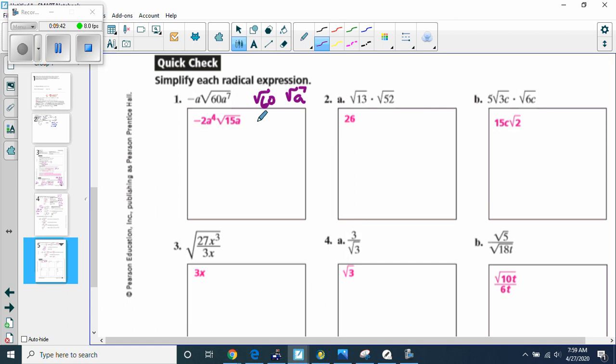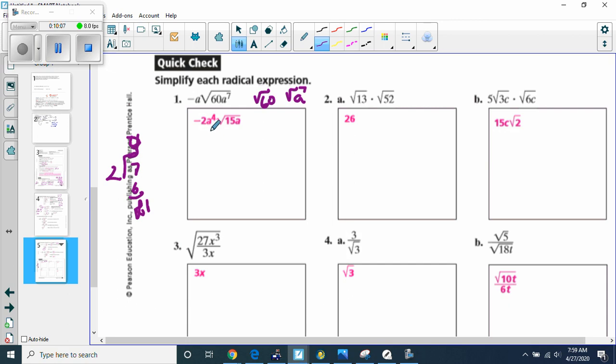Just divide by 2. 2 goes into 7 3 times, sorry, not 4 times, my bad. 3 times 2 is 6 with a remainder of 1. So that's where the a to the third comes out